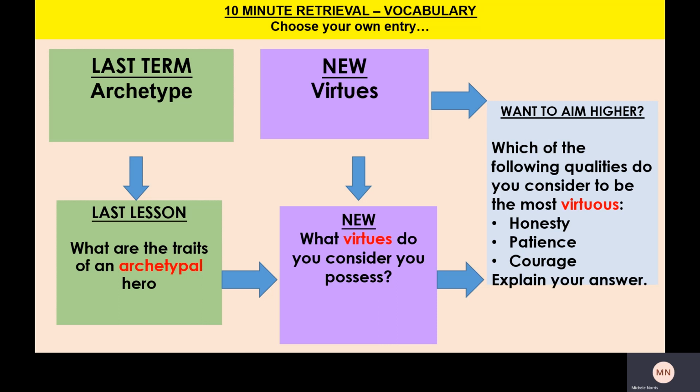Okay, let's go back to archetypes. Some traits of an archetype are, for example, they might have to prove themselves on a quest, they might have a special weapon, they have to be brave. So they're examples of typical traits that an archetypal hero might have. For example, you think of characters like Superman or Wonder Woman, Harry Potter, Mr. Darcy out of Pride and Prejudice. They're just examples that you might be thinking about.